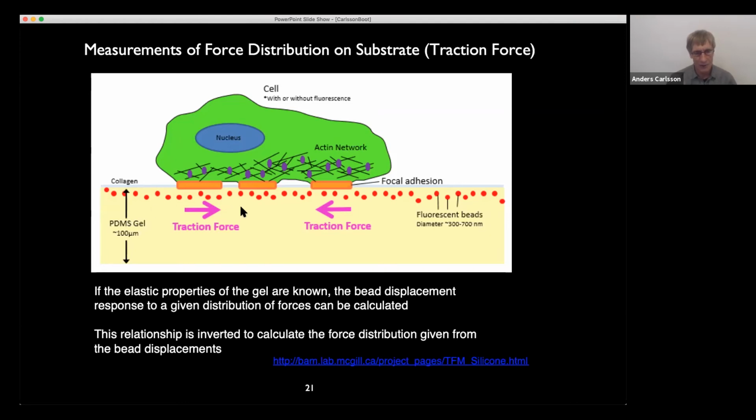And then you take a picture of the substrate without the cell, and the beads are in a certain position. And then you put the cell down, and it exerts forces on the substrate, and that moves the beads. And then from those displacements of the beads, you can figure out how much force was exerted in a given